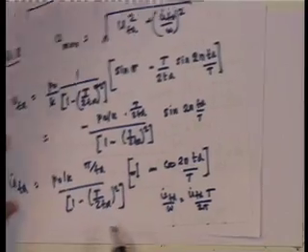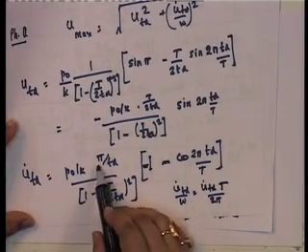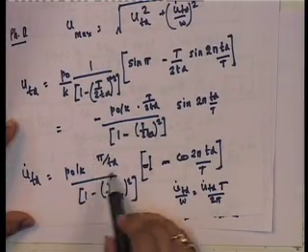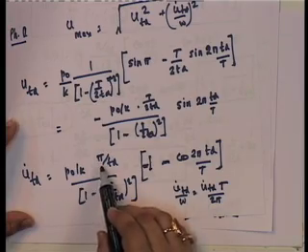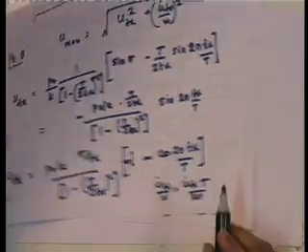So, essentially if I put this in here upon omega, this becomes t upon 2 pi. So, this becomes again t upon 2 t_d. Okay. Therefore, essentially what you get is u max